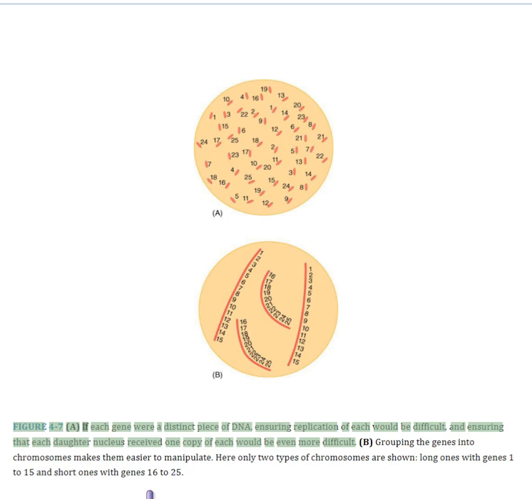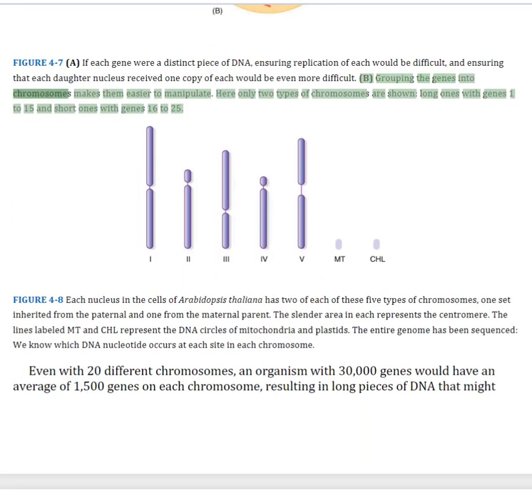Figure 4.7: If each gene were a distinct piece of DNA, ensuring replication of each would be difficult, and ensuring that each daughter nucleus received one copy of each would be even more difficult. Grouping the genes into chromosomes makes them easier to manipulate. Here only 2 types of chromosomes are shown, long ones with genes 1 to 15 and short ones with genes